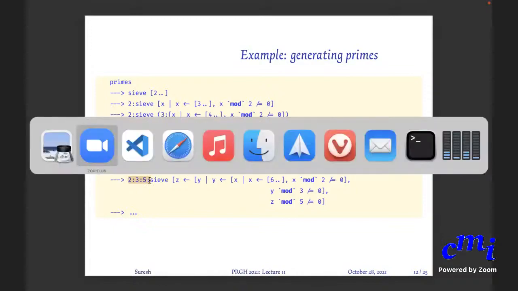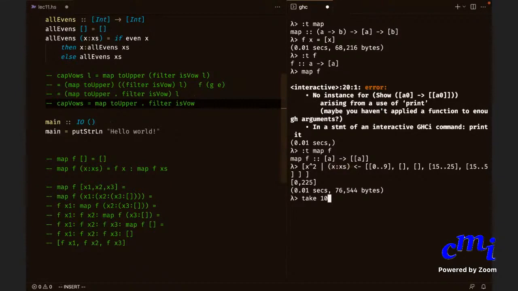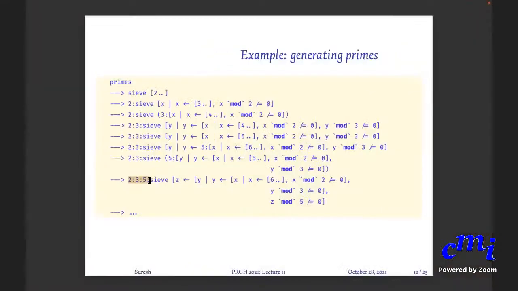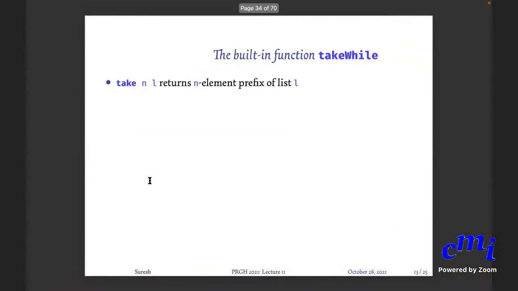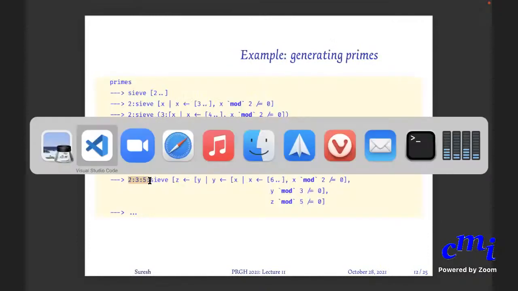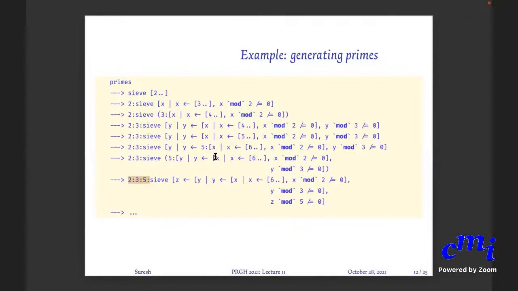So for instance, if I say n primes, so take 100 primes, it will just give me the first 100 primes. Great. So when we are applying n primes, like 100 primes, then first it needs to have the list of all primes? It does not need to have the list of all primes. I am telling you how it is generating it.